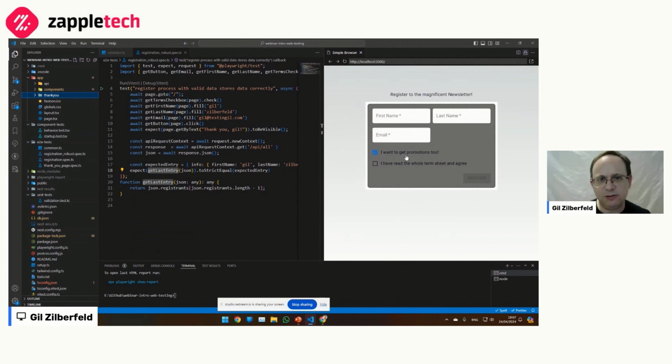It's a registration application. Basically, you have 3 fields here and 2 checkboxes. When it comes up, it comes with 3 empty boxes. This one checked, I want to get promotions too. And this one is not checked. And you can't really press the register button. Click on that, it will enable it; unclick or re-click, it disables the button.